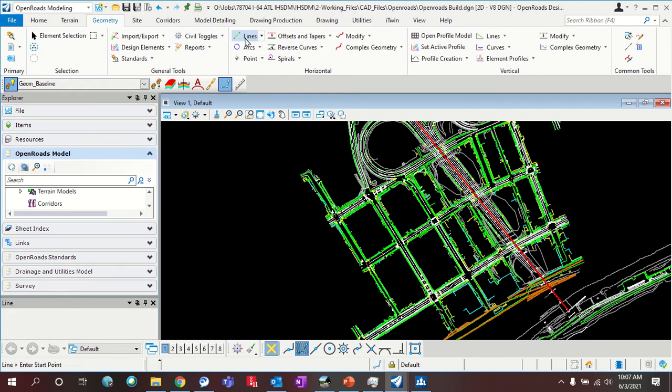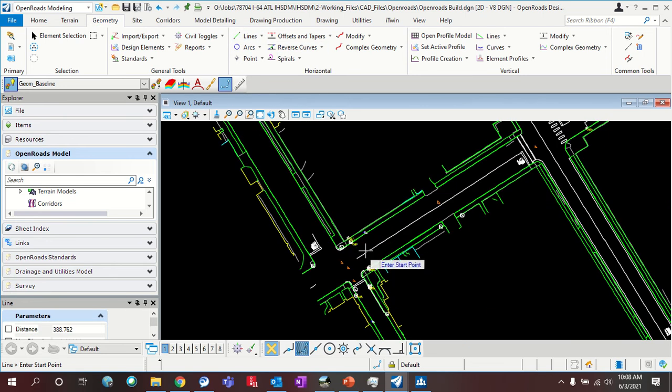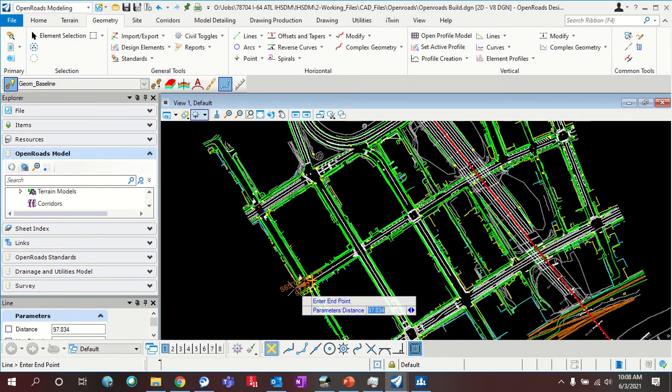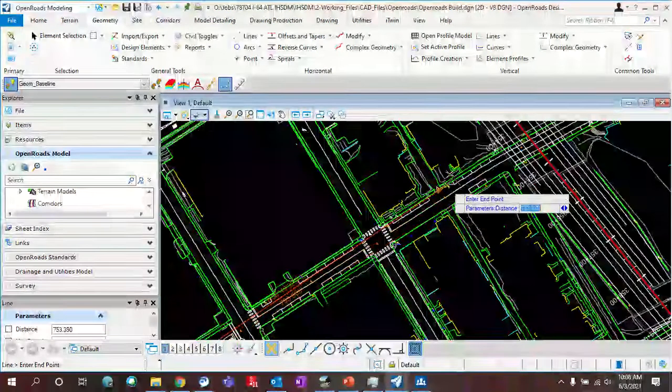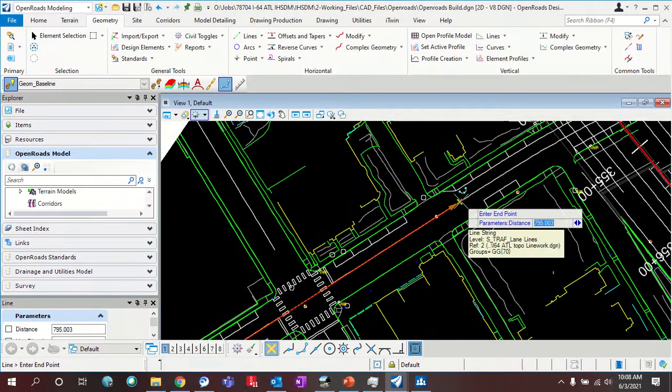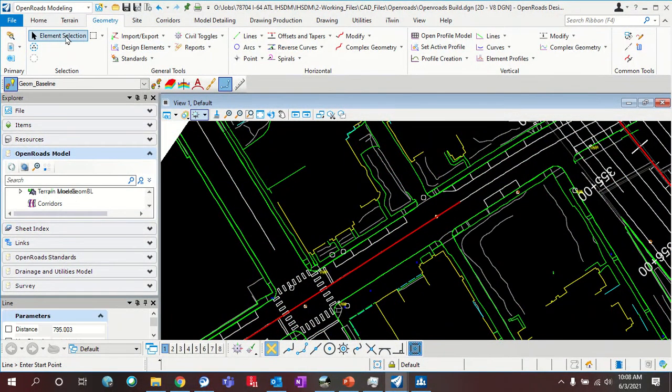So the first thing we're going to do is create a line between points. We're going to snap our first click along the center line. As far as the snapping on the button bar, I typically tend to use this multi-snap, but most of these will do something that you want. So our second snap is going to be a point just before the curvature starts, and now we have our